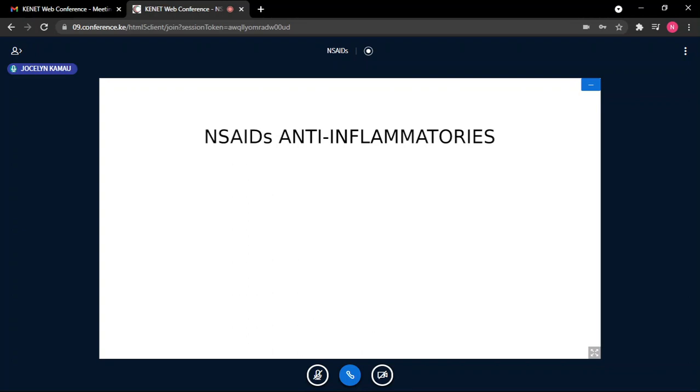So when we look at the cyclooxygenase enzymes in the body, we find out that we have two types of cyclooxygenase enzyme. We have COX-1 and COX-2. When you look at COX-1, it is usually what we call constitutive. Constitutive means all of us have the COX-1 all the time in our body. Then you have the COX-2 enzyme, and COX-2 has two portions. COX-2 has one which is constitutive, which is also found within the body, but also it has COX-2 which is